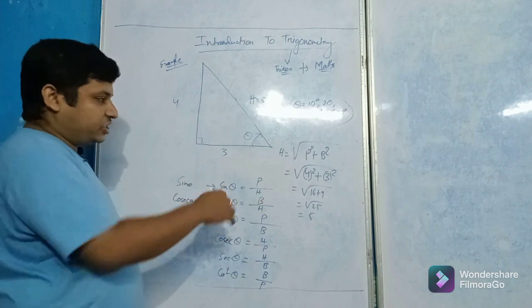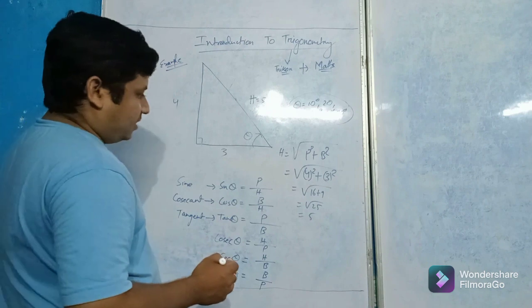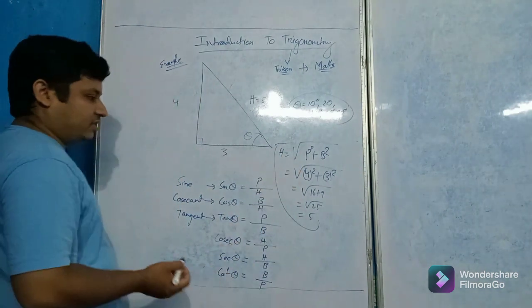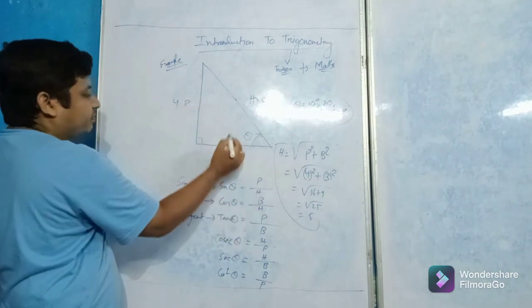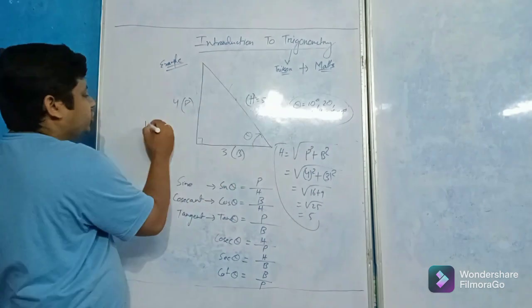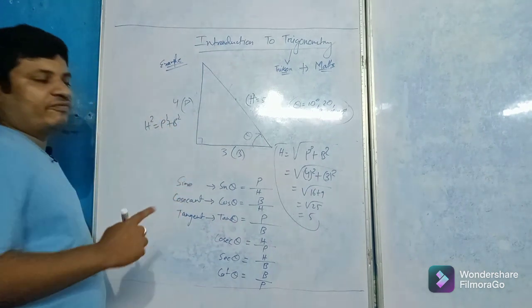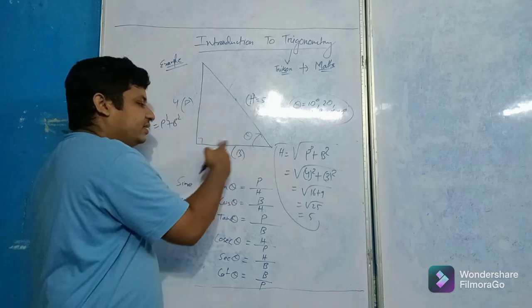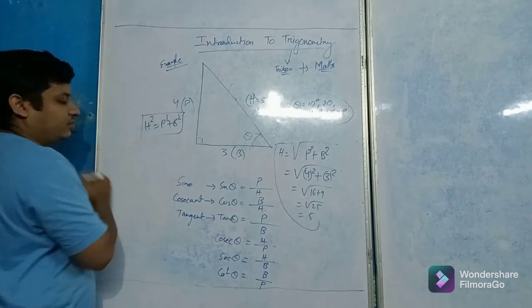What happens now? Let us check. Now h has been found out by this method. So it will be used for finding the h. It is the formula as we know. Suppose it is perpendicular, it is base. It is the formula h square equals to p square plus b square. From there only we can find out the values of h. Even if these two parameters are given, we can find out the remaining from the same formula. Only we will remember this formula.